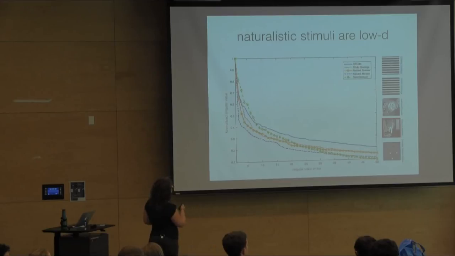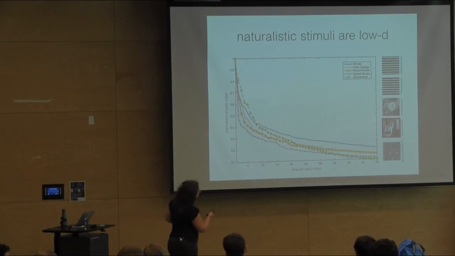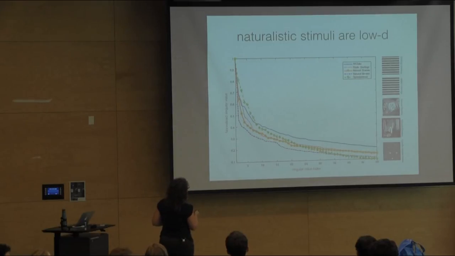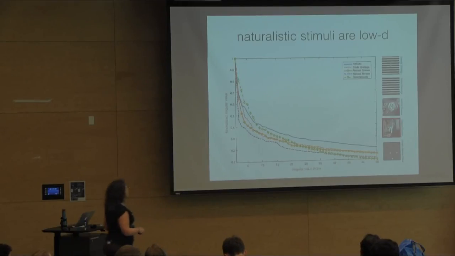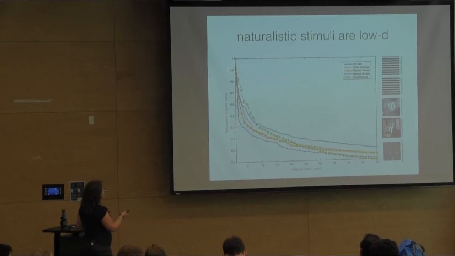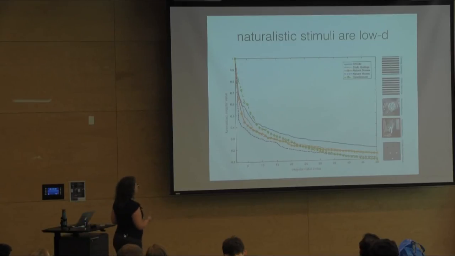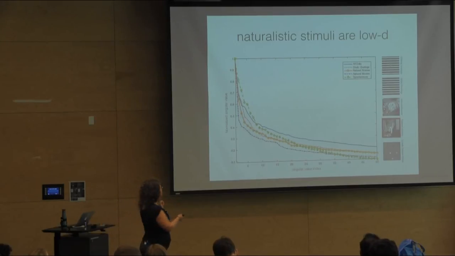So we have, looking across all the stimuli, just static gratings, something like this, where you'd have different angles over which the grating would be traversing. And then we also looked at natural scenes, which is this yellow curve here, as well as natural movies. What we found consistently is that these natural scenes and movies tend to have a lower dimensional representation than some of the rest. And in particular, you see a lot of correlated firing amongst the neurons in the case of the